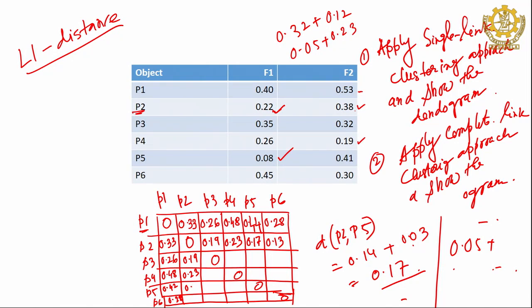P2 P6 is here, P2 P6 is 45. So this is 0.23 plus this is 0.0, P2 P6, right, 8, so 0.31. So this is 0.17, 0.31. Then P3 P4,